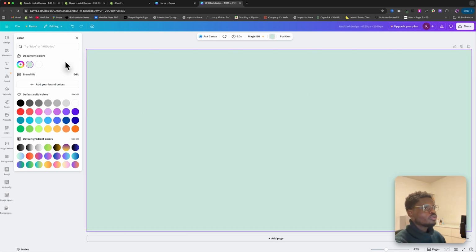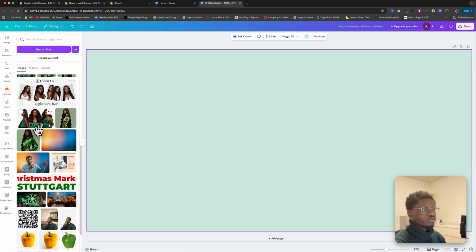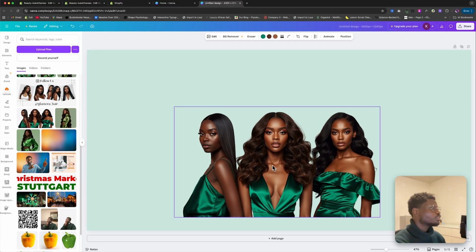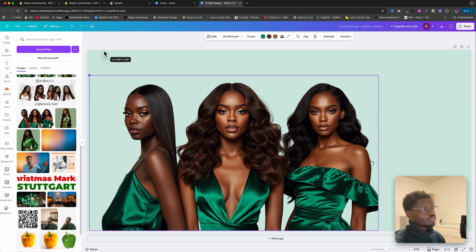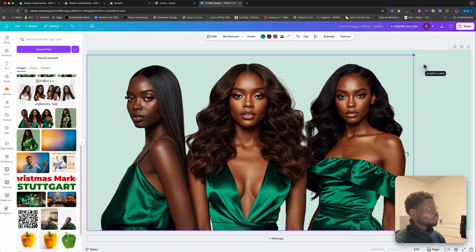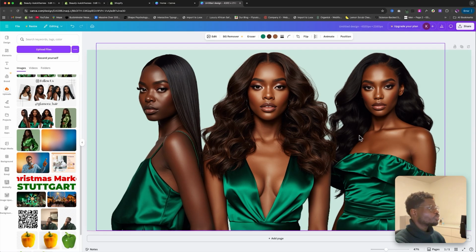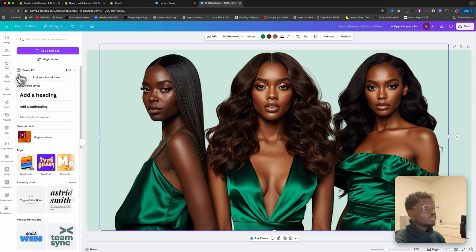Perfect. And then we're going to bring our image right in like this, and then we're going to increase the size. Then we need to put it somewhere in the middle like this, and then we're going to add our header text,